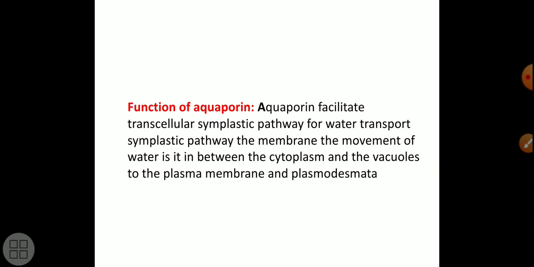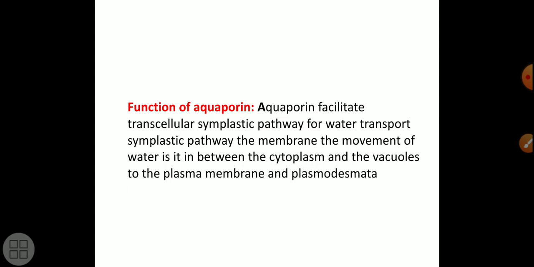So what is the function of the aquaporin? I have already told you, but once again: the aquaporin facilitates the transcellular symplastic pathway for water transport. In the symplastic pathway, the movement of water is between the cytoplasm and the vacuole to the plasma membrane, and